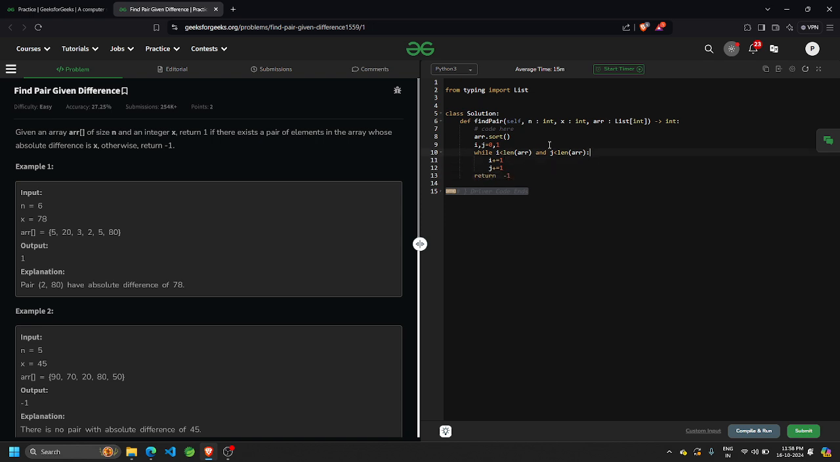Now let's go through the core logic of actually calculating the difference of the pairs. There is no need to calculate the absolute difference, mainly because we have assured that ARR at position j will always be greater than ARR at position i. So we will call diff equal to ARR at position j minus ARR at position i. And if by chance the diff is equal to the target x, then you will directly return 1. And if the diff is greater than x, then you will do i plus equal to 1,